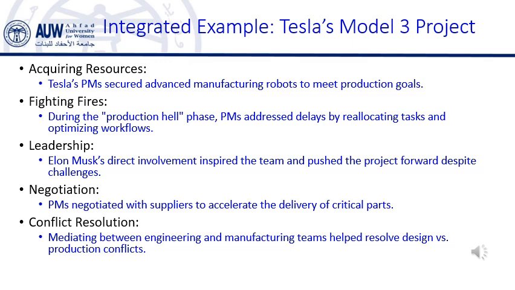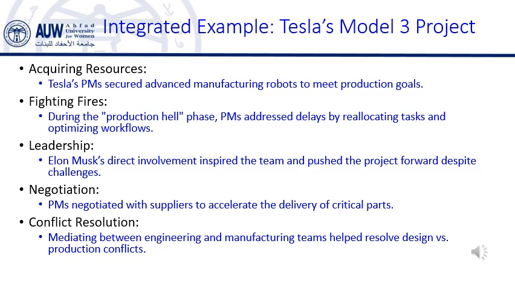Example of conflict resolution. Some engineers at Tesla were frustrated with the complexity of the automated systems. There was a conflict between those pushing for more automation and those who wanted to rely on human workers to get the job done. The PMs had to mediate this conflict, helping the team understand the benefits and limitations of both approaches and finding a compromise. This relates to our earlier lessons on team management and conflict resolution. A good PM must know how to handle these internal conflicts and keep the team aligned toward the common goal.